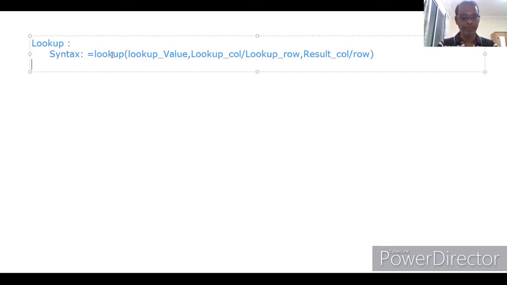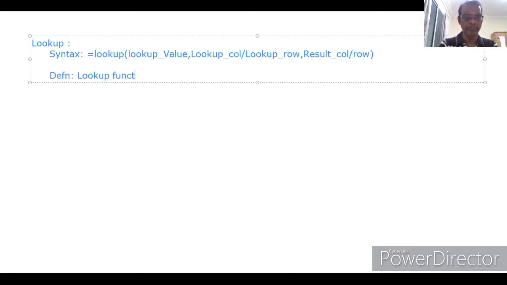So the definition may be: the lookup function searches the lookup value, or given lookup value, in the lookup column or row.